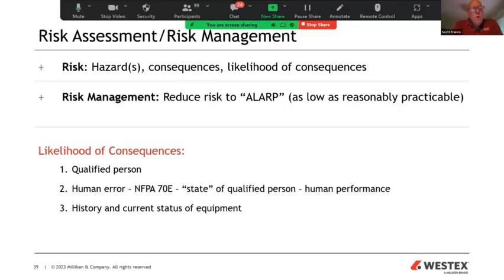So what about the likelihood of consequences? Number one, for PPE, how am I going to determine whether to go with daily wear or task-based? First, the person has got to be qualified. If they're unqualified, obviously that's not good, and the likelihood of an incident occurring goes way up. So if they're not qualified, they're not getting any PPE, because guess what? They're not working on this job. They're not qualified. Now, let's say they're qualified, but